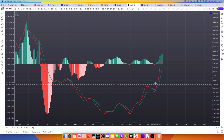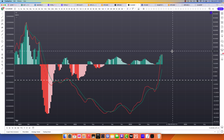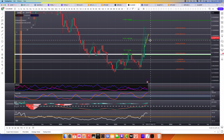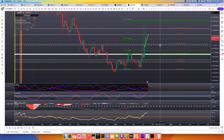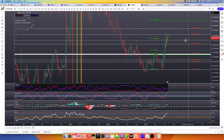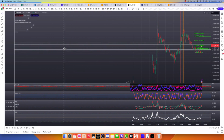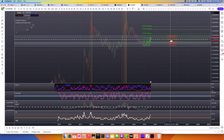And we do see the MACD still dark green. We see the TSI still going up. So the momentum's still to the upside. But if we do reverse here and break those key levels, then we're going to have a brief correction within a broader uptrend. I'm going to make an XLM specific video on this, but look at